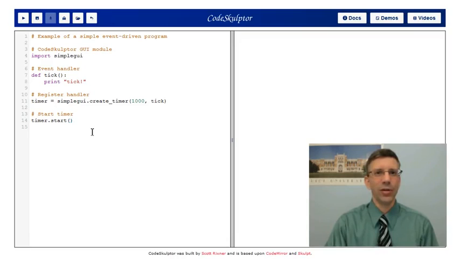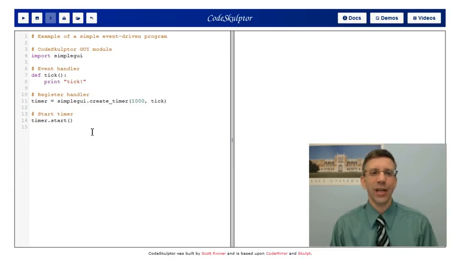Okay, there's no more code here. The program is done, right? This is a key to event-driven programs where they just seem to end. That's when you go into that wait state. All right, and hopefully I've already convinced you that the program works because you saw that the tick was happening. But after the program ends, you go into that wait state, and then you start waiting for events to occur. And in this program, those timer events are going to occur, and then we run the tick handler, and it'll